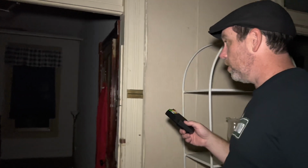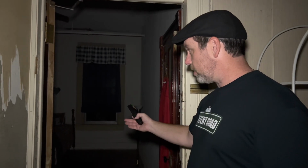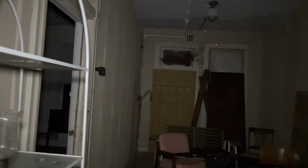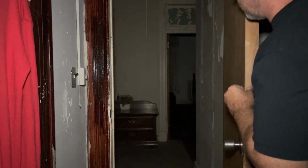This room, we were told that there was a caretaker of the property. This was his room, and one night this door was closed. He was trying to get some sleep, and something was violently trying to get in through this door. So I say we go in there, use the rods, maybe do an EVP session with the door closed. This door swings shut. All right. We're gonna come in this room. If you want in, just...